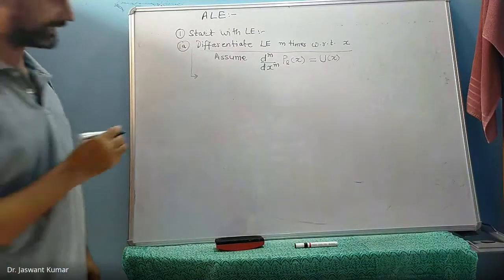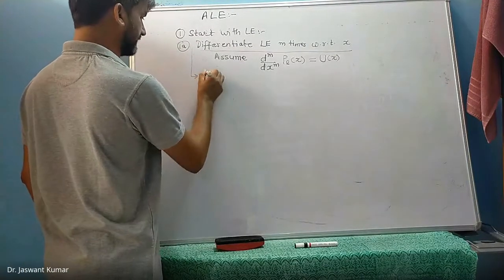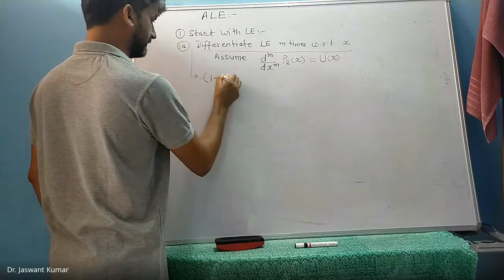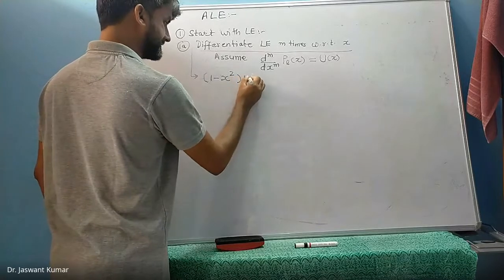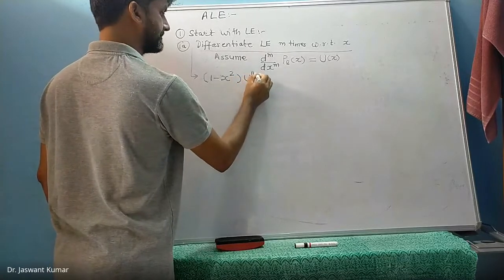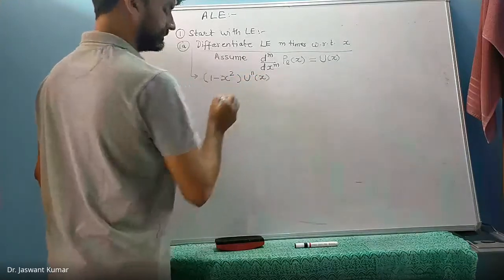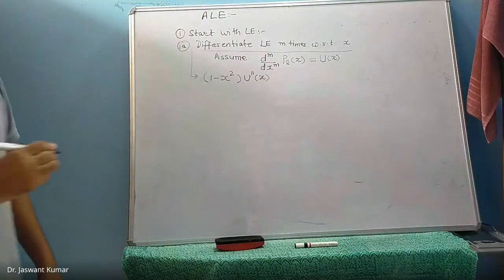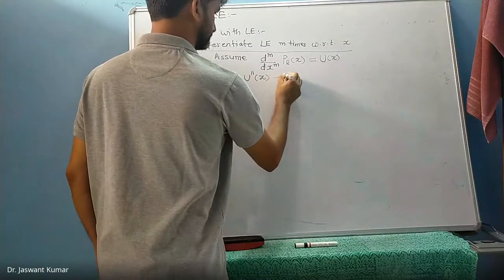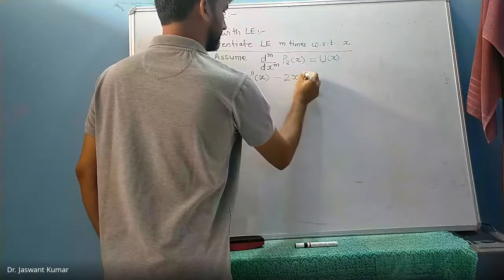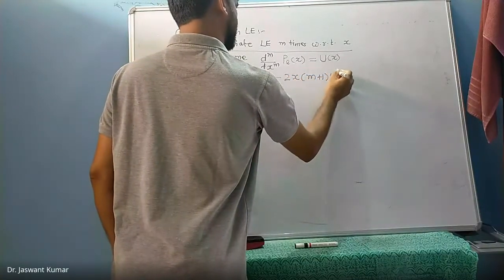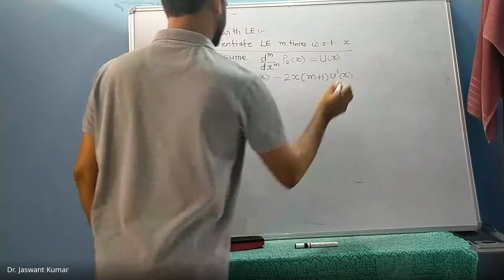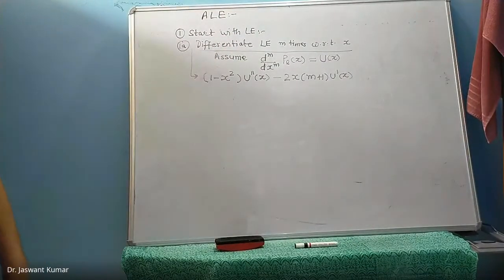what we had derived earlier. What we had obtained was (1 minus x squared) u double dash of x, minus 2x into (m plus 1) u dash of x, and the third term that we had obtained was plus L into (L plus 1)